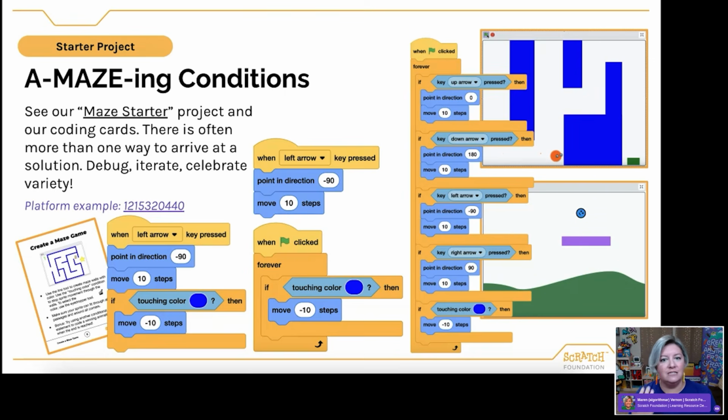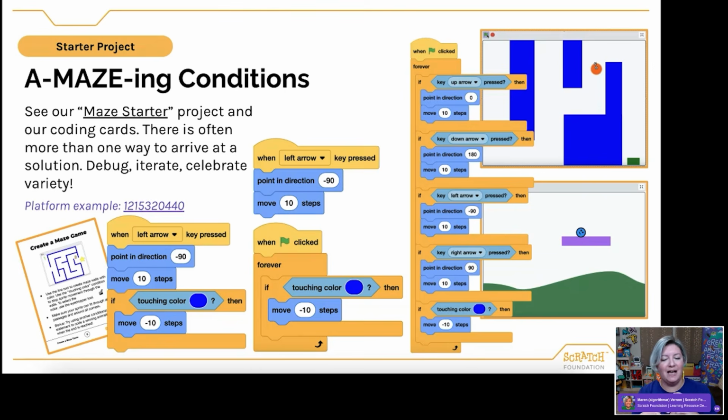And I think this is also a wonderful opportunity to encourage iterating and trying new things. So, as your students are working with conditional statements, it can be really nice to give them the freedom to explore and then to maybe come together as a group and see the different approaches that people used instead of just giving them one way to try this.